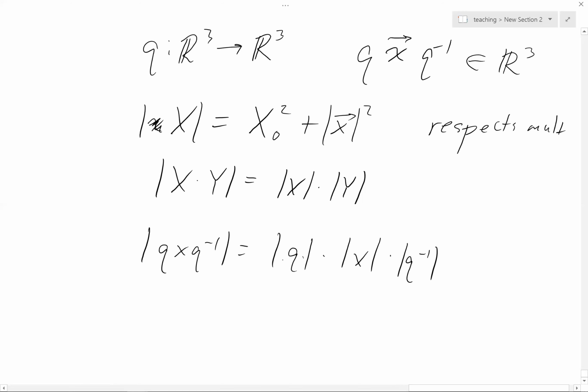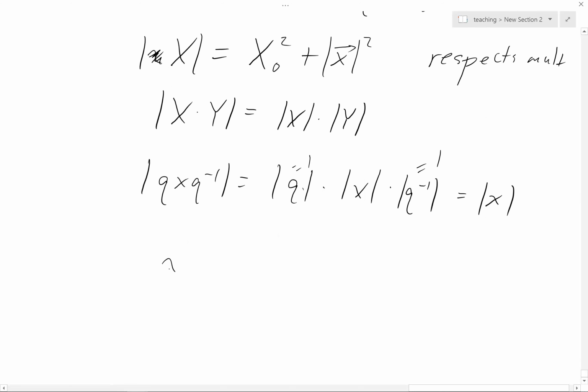Well, I picked Q to be a unit, so this is 1, and Q inverse is also 1. So I get the length of X, right? So not only do I put in a vector in R3 and get out a vector in R3, my new vector has the same length,